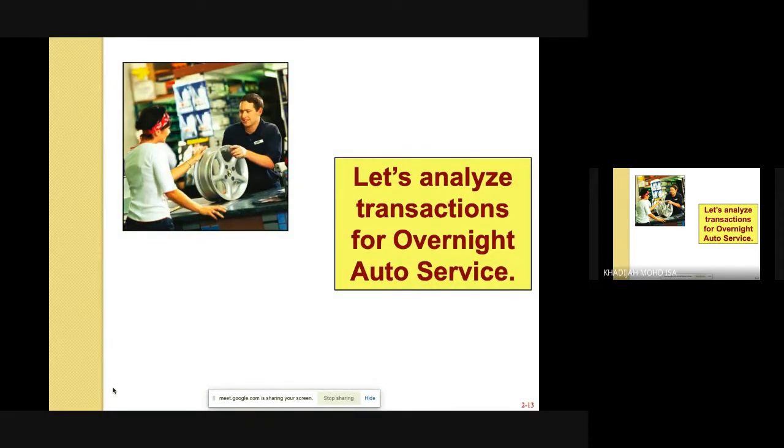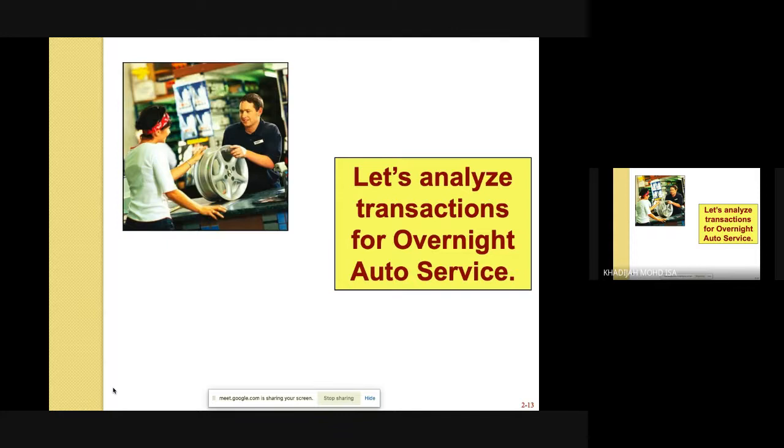So you have to understand the business first, right? Auto service, it means it provides services for automobiles, for example repair, or maybe upgrade of motor vehicles. So all these are services. When you have service, that means the company does not actually